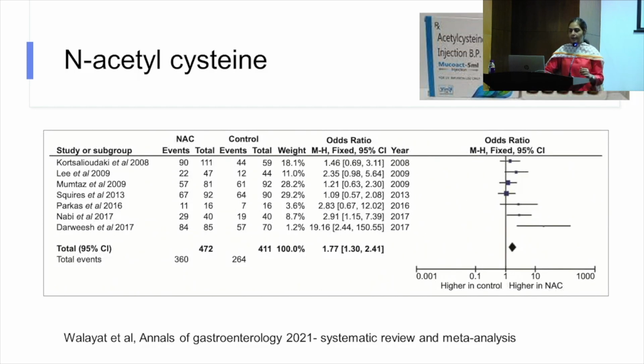So this is the meta-analysis. If you see, the odds of survival is in favor of NAC for all causes, but it's not a very great meta-analysis. If you see, the total number is only 472 patients. But yes, this does say yes, and NAC is harmless. You can give, except for the volume, it is harmless. So you should be offering NAC for all cases of acute liver failure. So the moment the patient comes to the ICU, start NAC until you get the history and the tests for